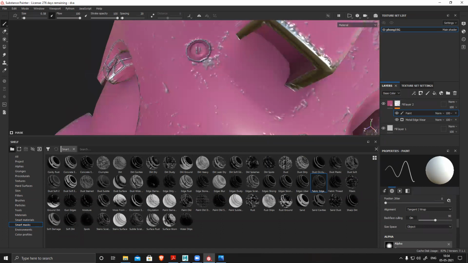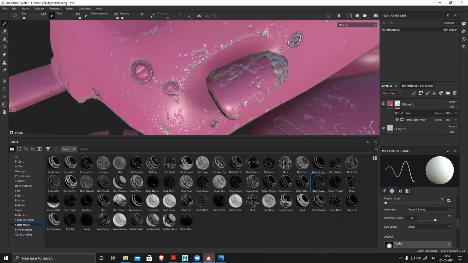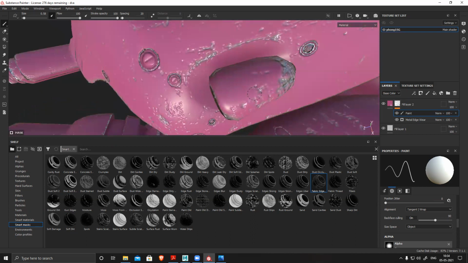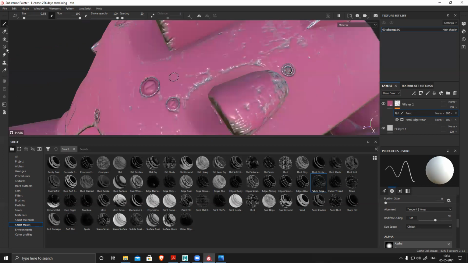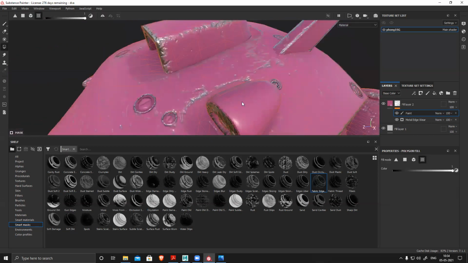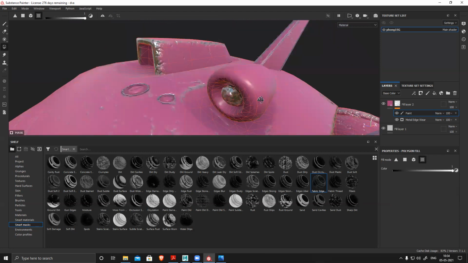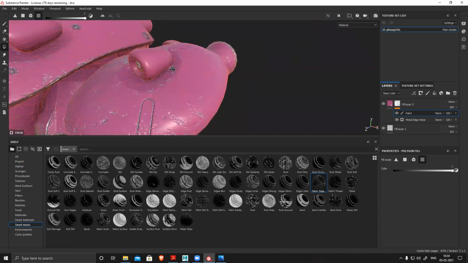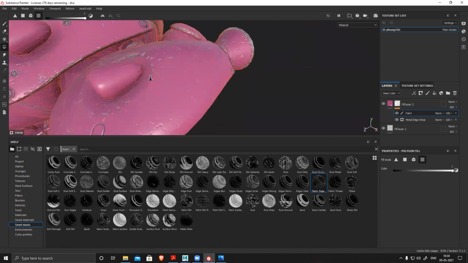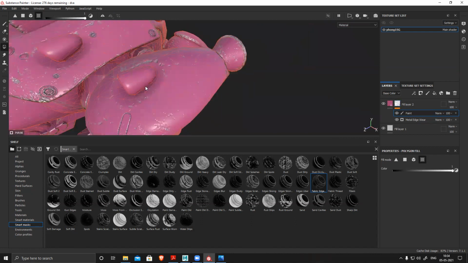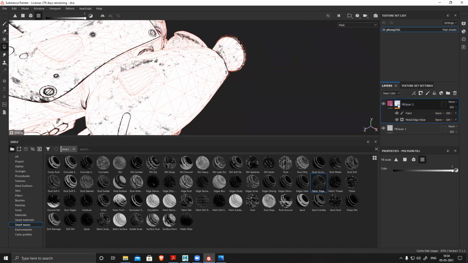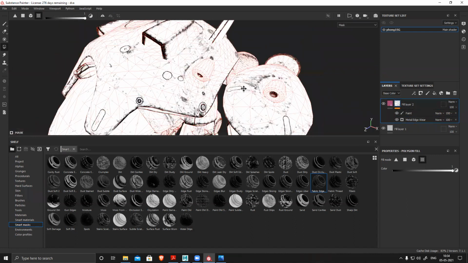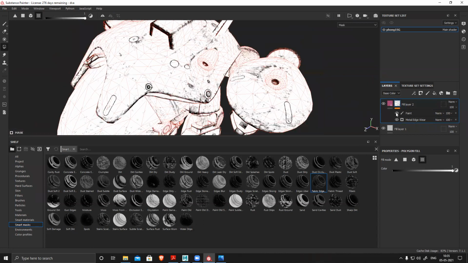This is way too much, I don't want it. Or if I want to remove this entire thing, click and click, done. So it's basically removing all those areas, I'm basically masking it. Alt click on the mask, you can see the black and white mask. See, I'm just filling those areas with white. That's it.